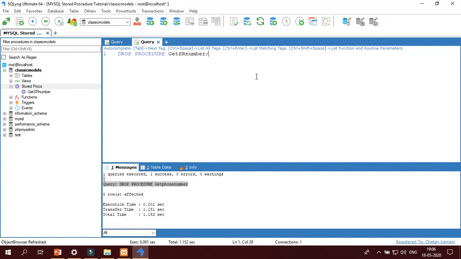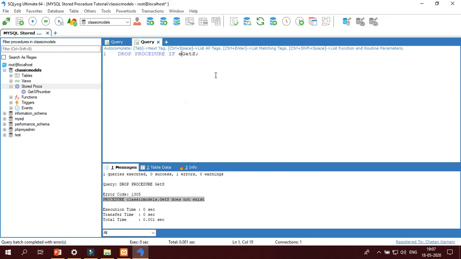Then MySQL generates an error. Suppose I want to delete get as, which I consider was in the database, but right now it is not available, or by mistake I have written the wrong name of the stored procedure. Then we will get this error: procedure classicmodels.get as does not exist.